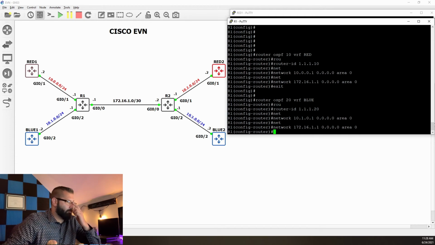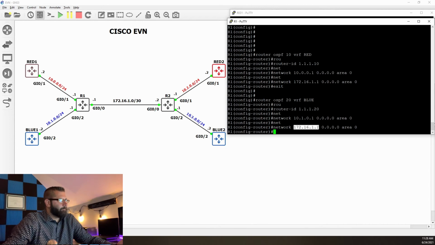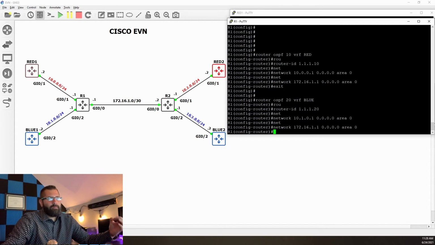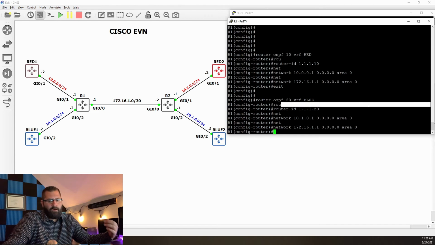And also, for anybody that might be curious, the reason I am adding the specific IP address instead of the network is because it's actually best practice to be very specific when adding interfaces into OSPF. So I very specifically define the 172.16.1.1 as it is on the gig 0/0 interface. Same thing with this network, and the same thing with this one right here. And then even better practice, which I'm not doing since it's a lab, is to use the passive-interface default command, and